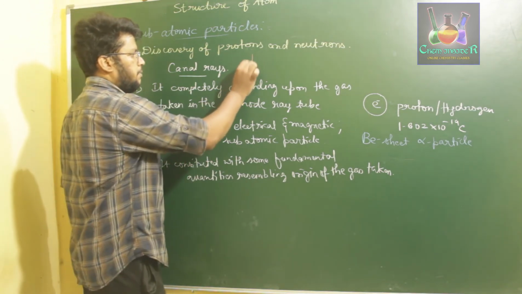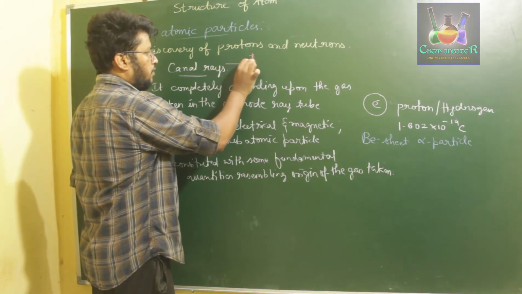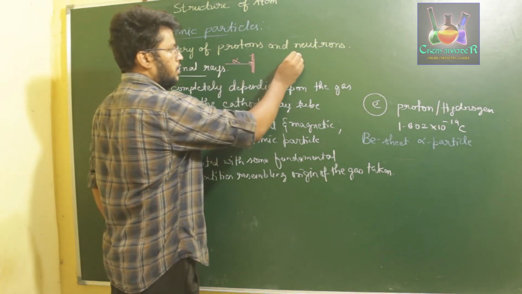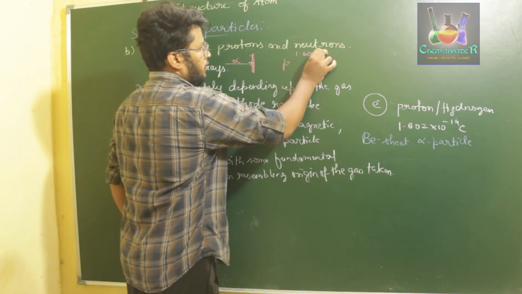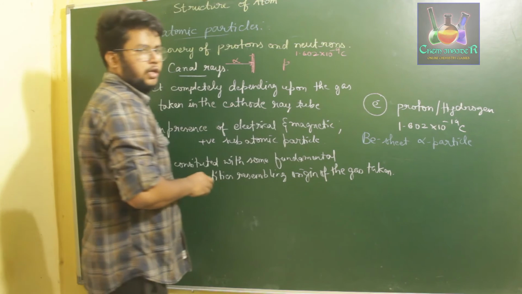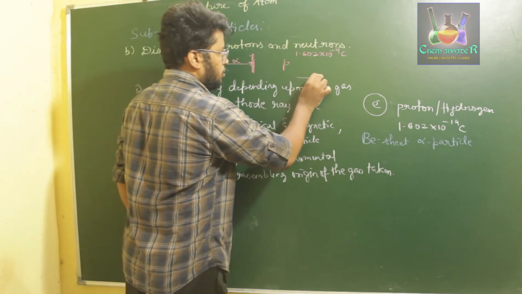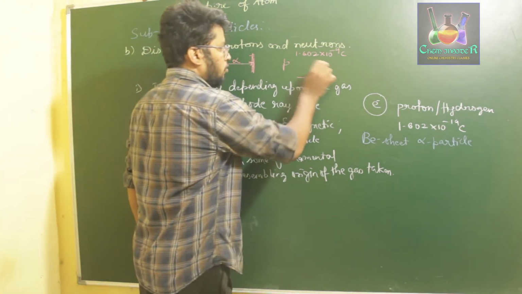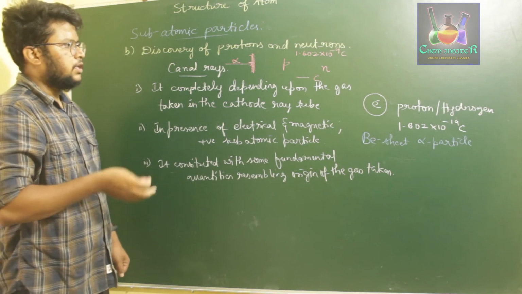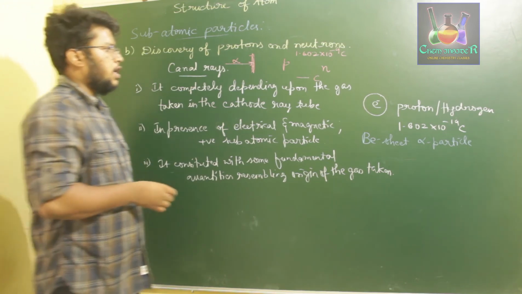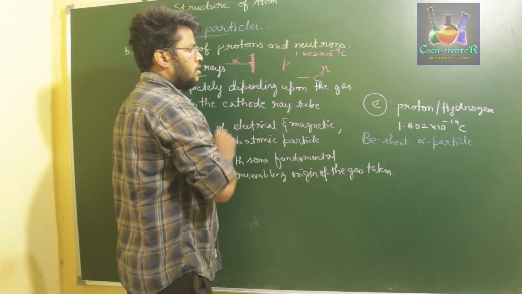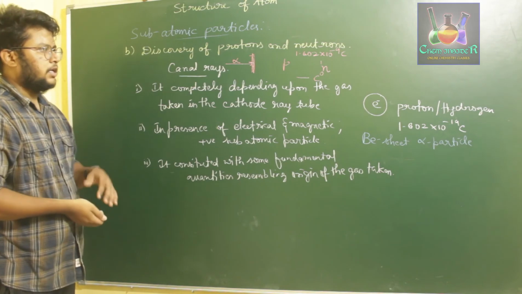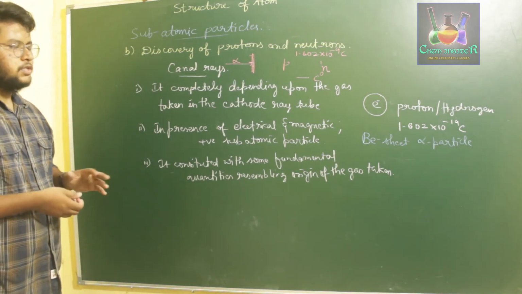That is, if you consider this as a beryllium sheet, when he bombarded alpha rays on the beryllium sheet, he expected to get protons. The proton has a certain charge, that is 1.602 into 10 power minus 19 coulombs. But what he got was a neutral charge species. There was no deflection on applying an electric or magnetic field. So he concluded them as neutral subatomic particles, called neutrons, which have zero charge and a mass greater than that of the proton.